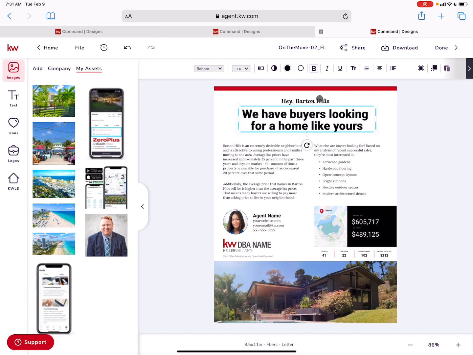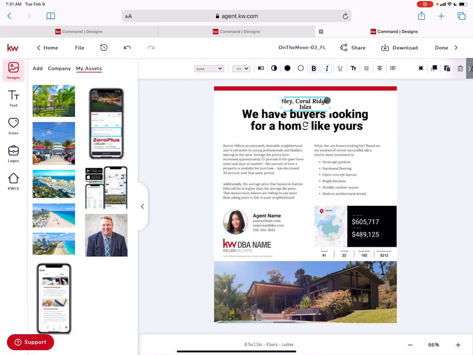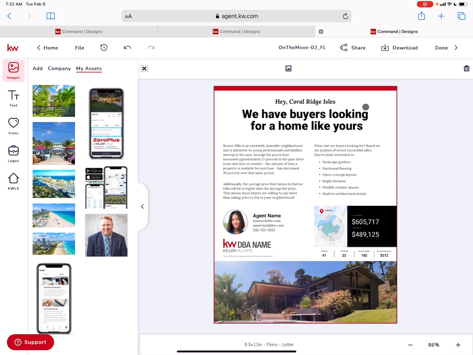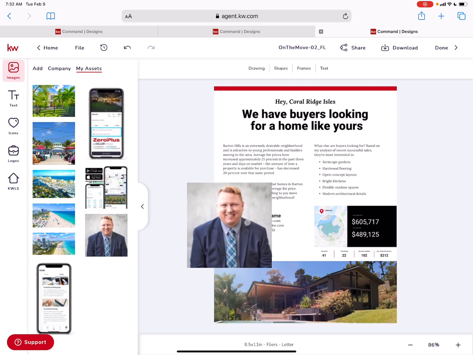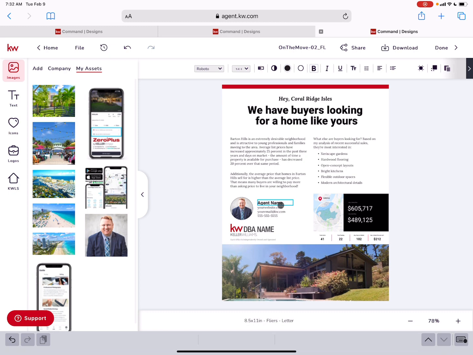Center this, and in my case, I'm targeting the neighborhood of Coral Ridge Isles, so I can just rename that Coral Ridge Isles, or I might just say, hey neighbor, something like that, but I want the headline to grab their attention, right? When they open this letter or handout that I leave at the door, I want them to see that. I've got some information about me, so good news is I could just drag my picture over here and replace it right there, and I could put my information here, double click inside,